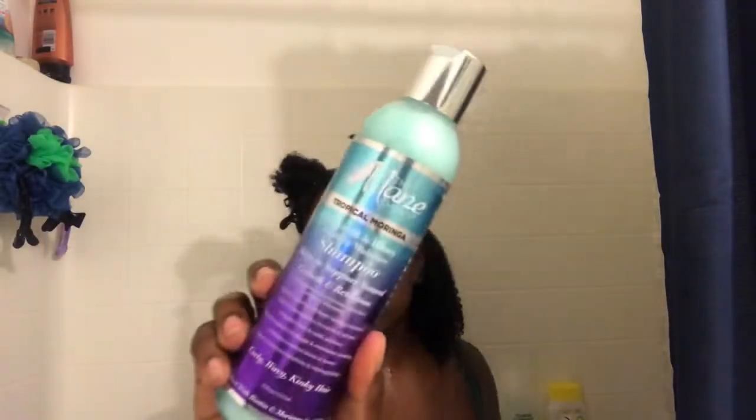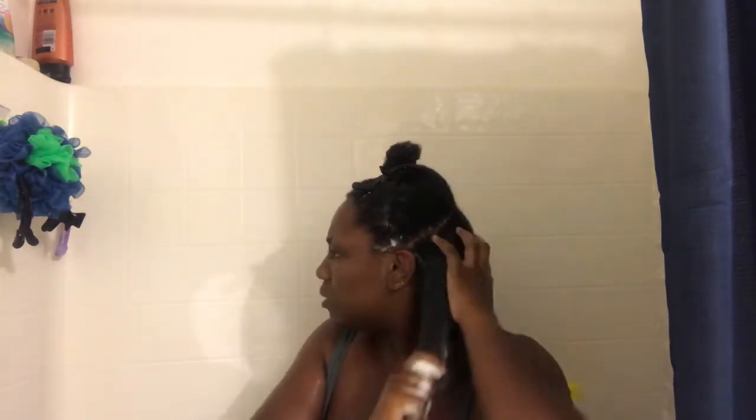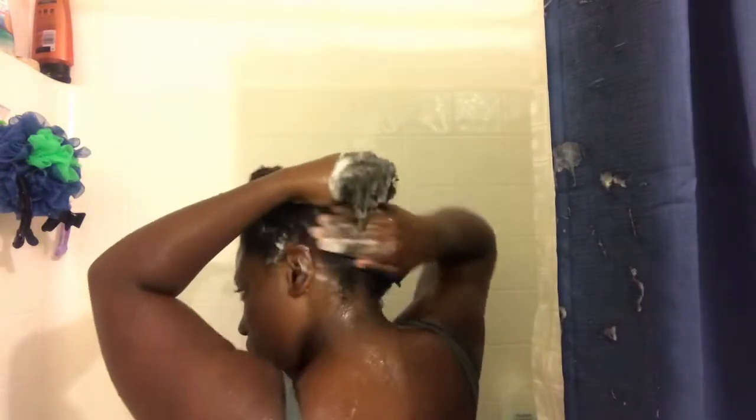Alright, what's good? Sorry for my hoarse voice, but it is what it is. We're going to start with this Sweet Oil and Honey Endless Moisture Shampoo. I actually really liked how moisturizing it was, but personally, I wouldn't really get this shampoo. It's not something I'll reach for to really cleanse my hair, which is kind of a given with moisturizing shampoos, just because